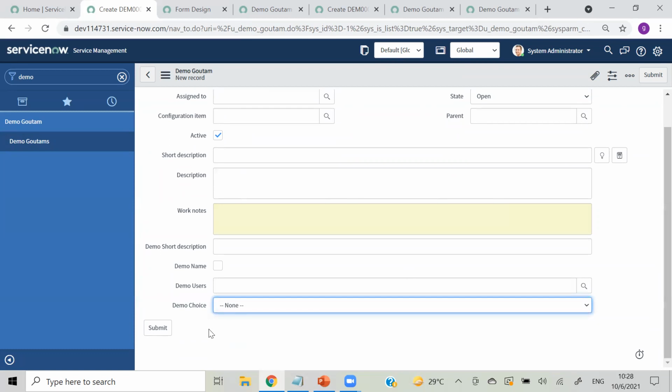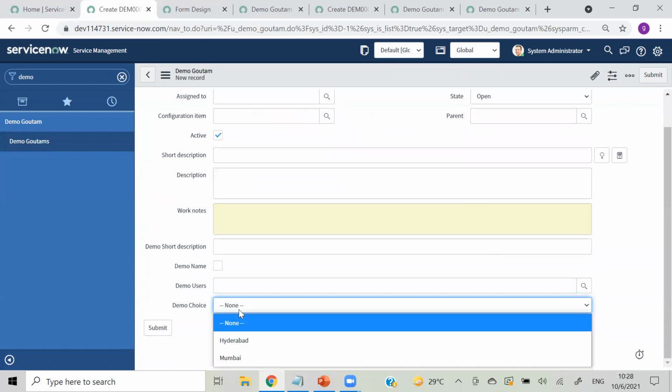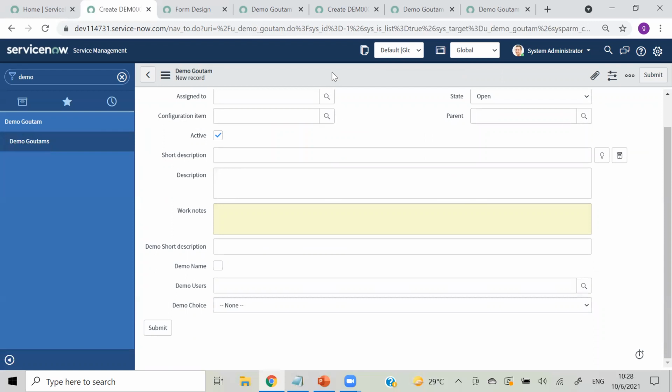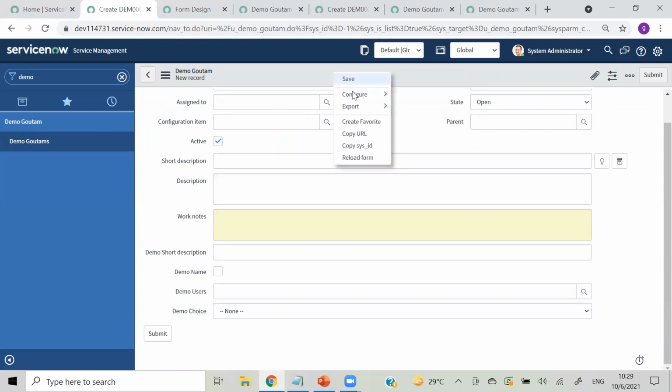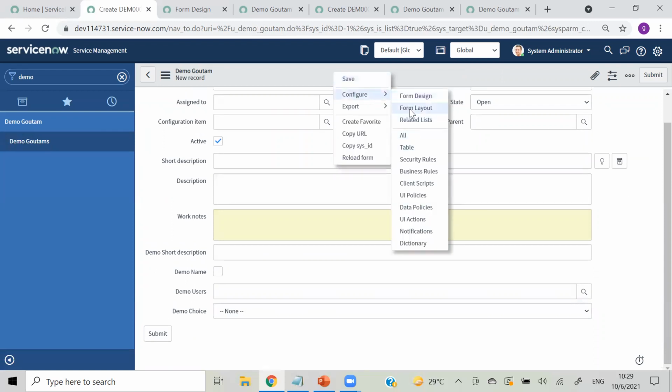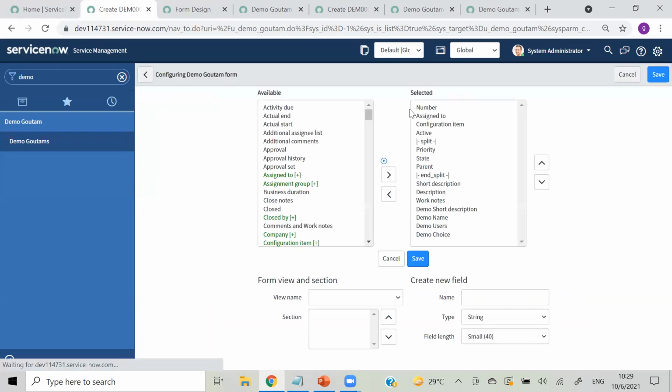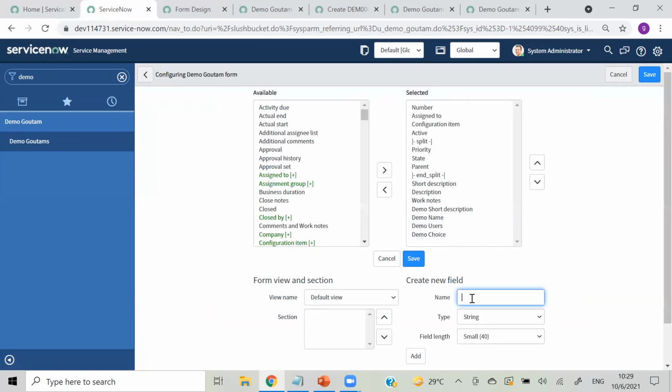Okay, if we want to have one more choice field with a dependency, like when we select a state, we want to show this field, if we have some dependency like this, we can have that. Let me create one more choice field, state.